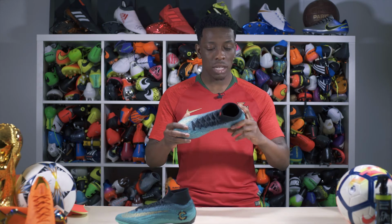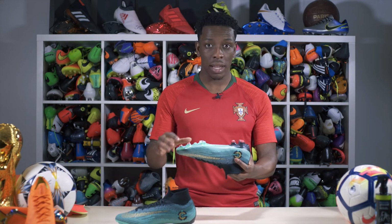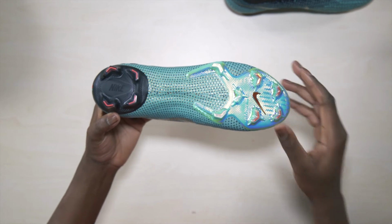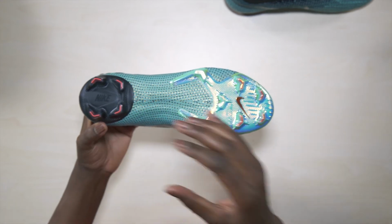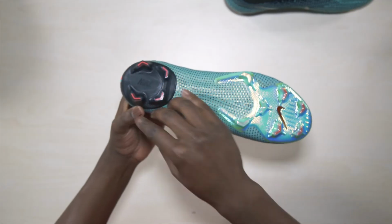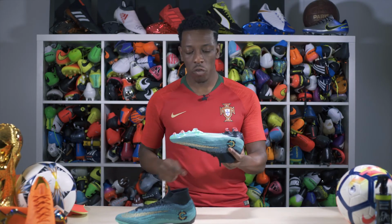Lastly, guys, it's the sole plate. Now, as I said to you earlier, really cool that they've alternated the color of the sole plate. But not only that, guys, the sole plate is probably the most aggressive stud pattern you can see on a football boot in today's football boot market. It's kind of arrow shaped looking studs, which will really allow you to get some good traction on the pitch when taking off. And also this stud pattern here will allow for good rotation when turning. So when you want to kind of cut like that or like that,